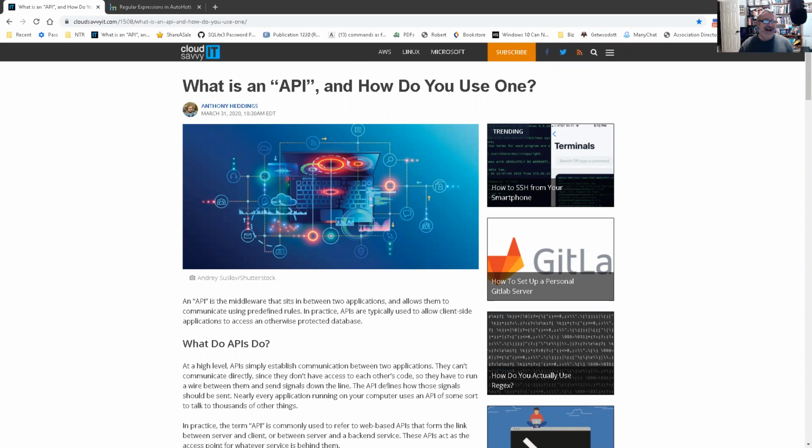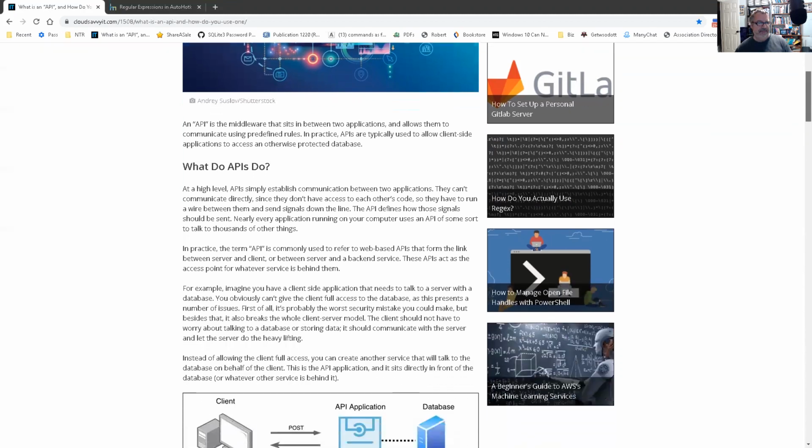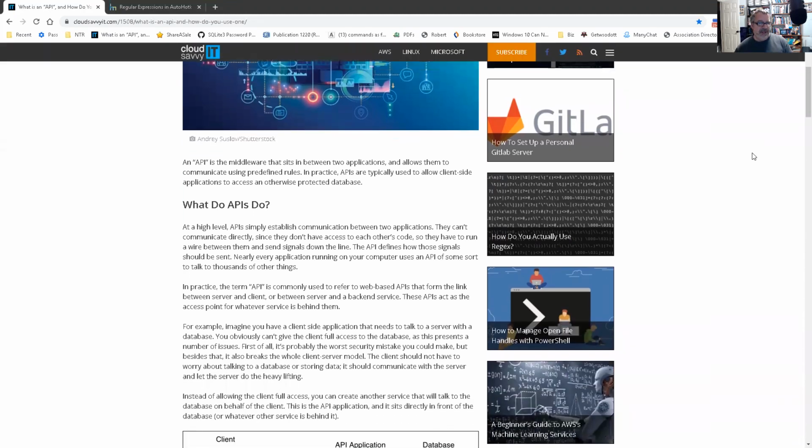So I saw this email come through today, and it just struck me as what is an API and how to use one. And everyone I think knows my love of APIs. I know Jackie appreciates them a lot too. Yeah. My job, and especially my background in research and getting data, to me, they're awesome. And I thought this was an interesting article. We'll put the link here in the chat, but it was pretty interesting.